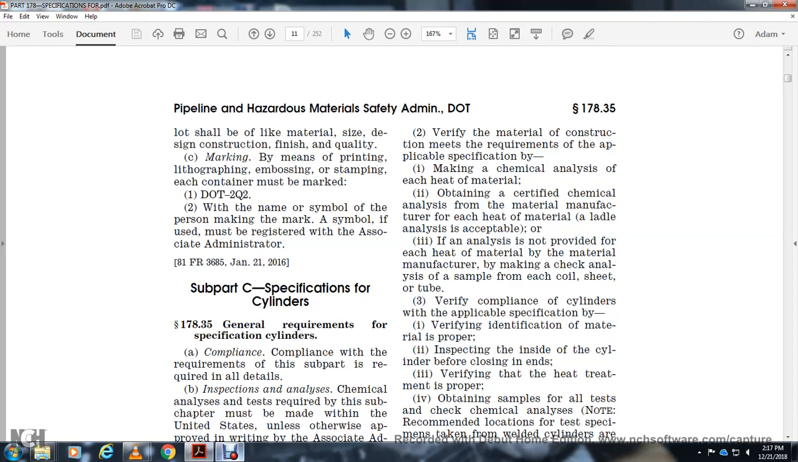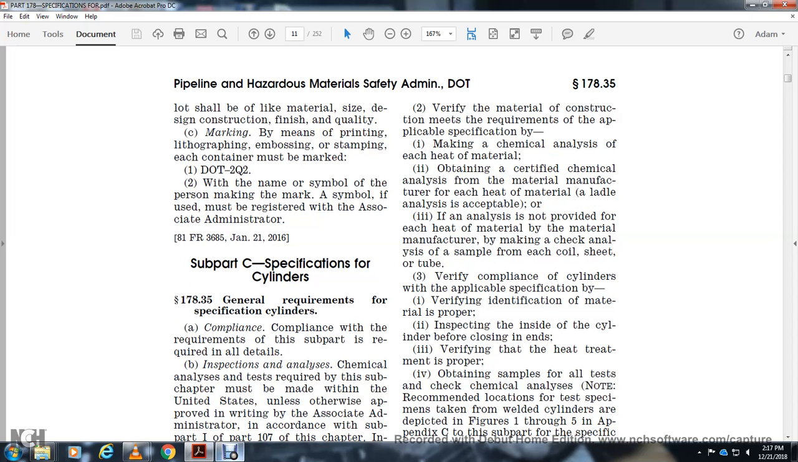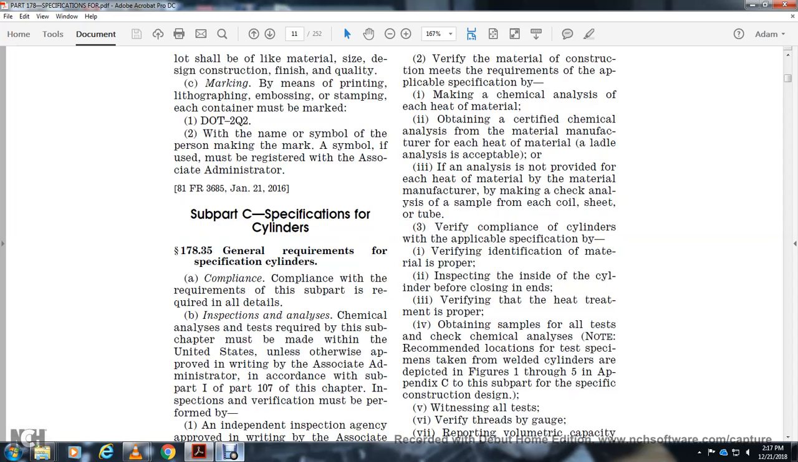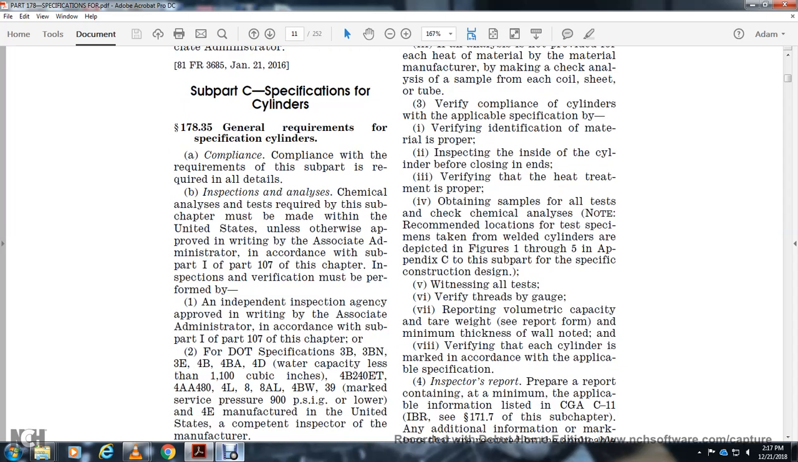Subpart C, specification for cylinders, 178.35, general requirements for specification cylinders. Compliance with the requirements of this subpart is required in detail. Inspection and analysis: chemical analysis and tests required by this subchapter must be made in the United States unless otherwise provided in writing by the Associate Administrator in accordance with subpart I of part 107 of this chapter. Inspection and verification must be performed by an independent inspection agency approved in writing by the Associate Administrator in accordance with